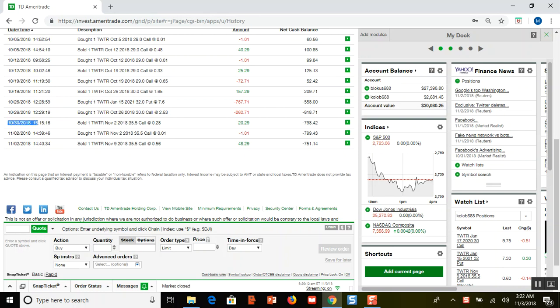Today is the 2nd, actually it's the 3rd. I'm doing this in the middle of the night. Market has been closed for a while, and I bought to close this call option a few hours ago for the whopping price of $1. Okay, and so I made a clear profit of, looks like $19, almost $20,